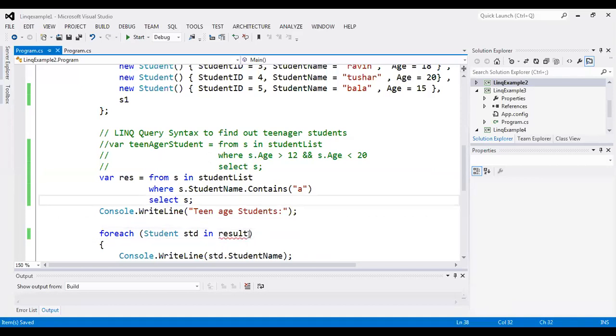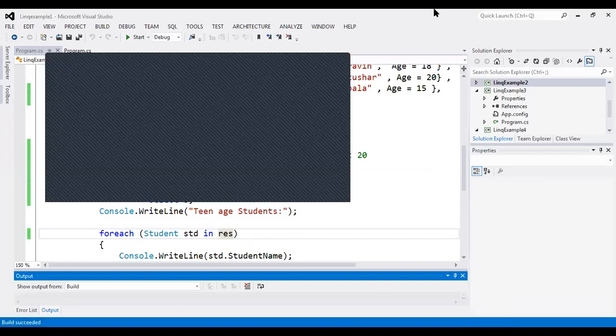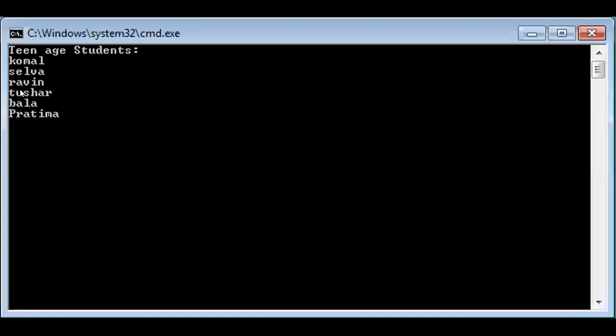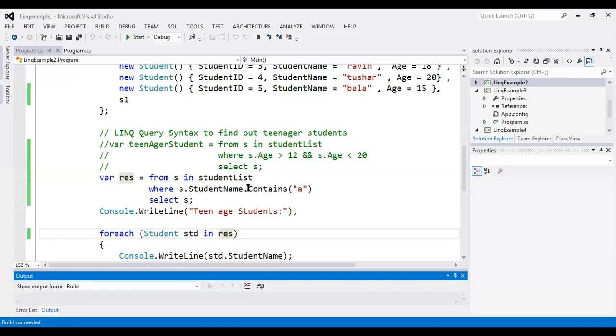Result. Let's execute it. So now you can see Komal, Selva, Ravin, Tushar, Bala, Pratima. All the student details are retrieved because their name contains the letter A. Similarly, I can provide any type of condition over here.